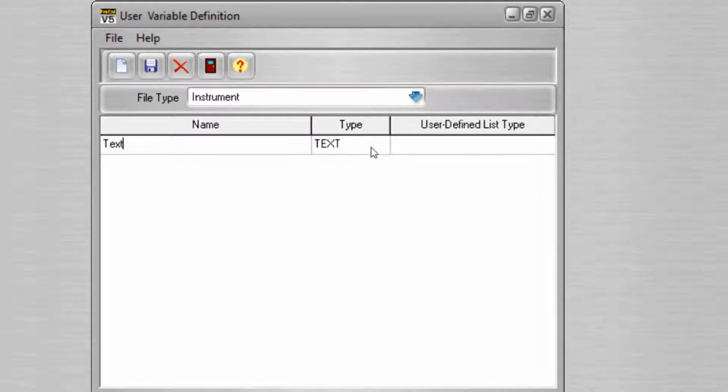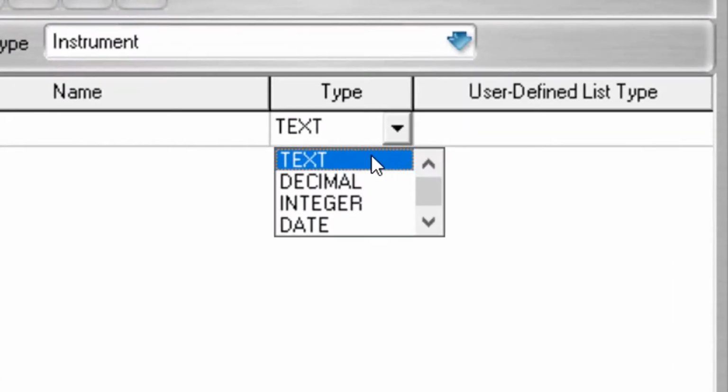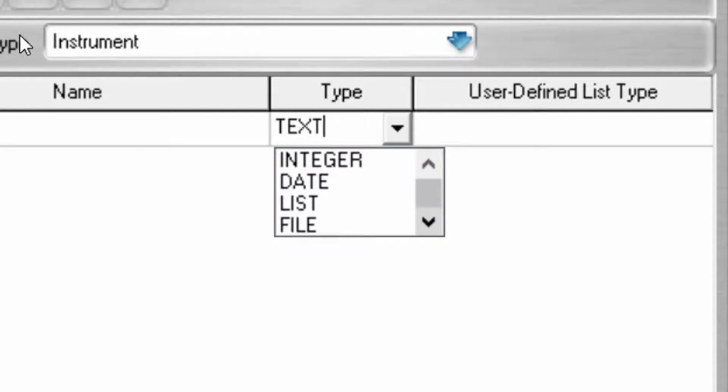The type field contains all of the user-defined variable types which you can apply to a record. Selecting the text data type will allow users to enter data in any alphanumeric format that they choose. Selecting decimal will allow users to enter a numeric value with decimal points. Integer will allow users to enter a numeric value without decimal points. Selecting the date data type will allow users to enter a date value into the field. The format of the date will depend upon the date format that is set in the System Options and Default